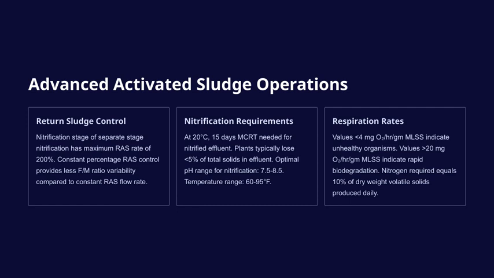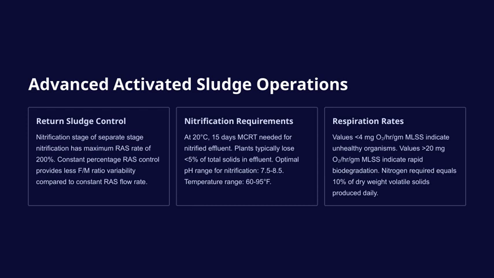Lastly, it's important to remember that the nitrogen demand correlates with the amount of volatile solids produced daily. Specifically, about 10% of the dry weight of those solids will require nitrogen for their biological processes. Connecting all these points, understanding and controlling these factors helps us optimize the nitrification process, ensuring efficient treatment and stable